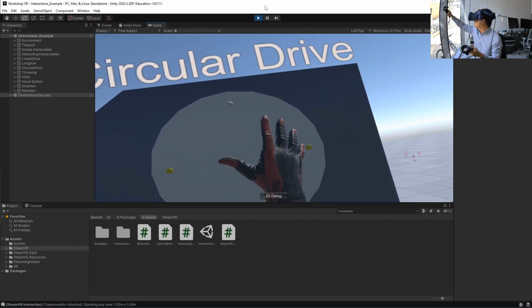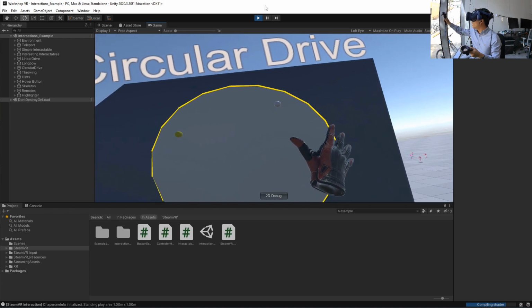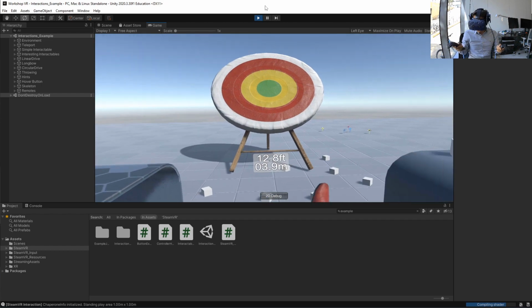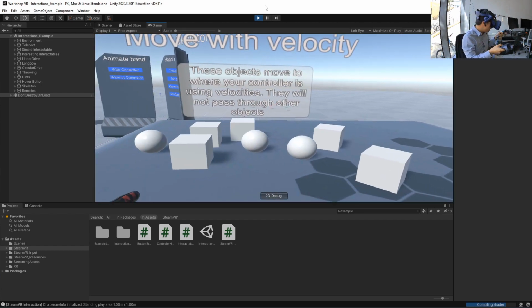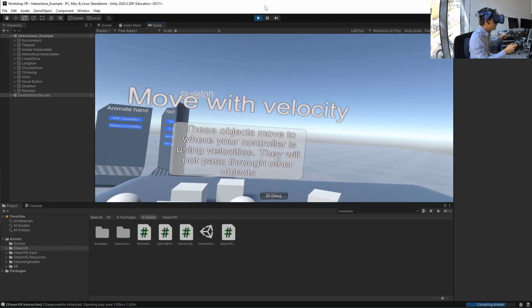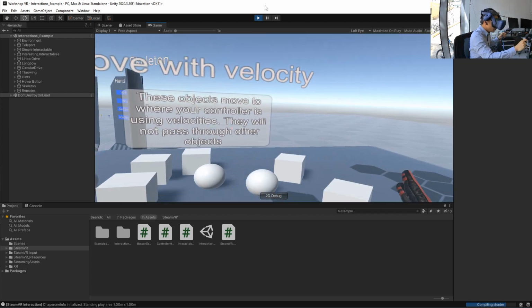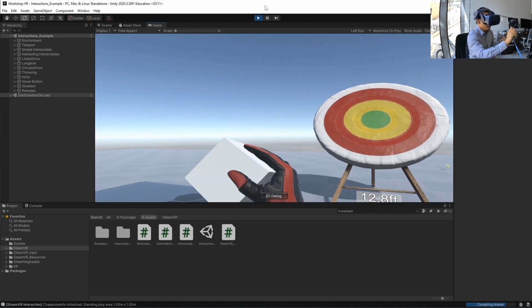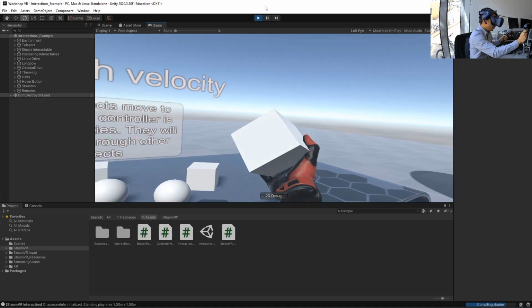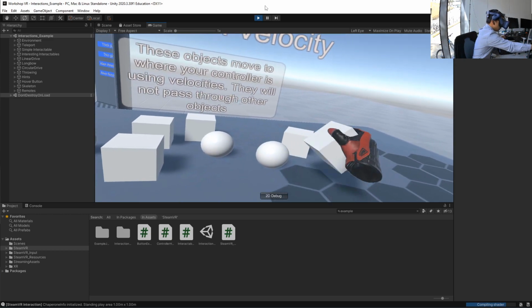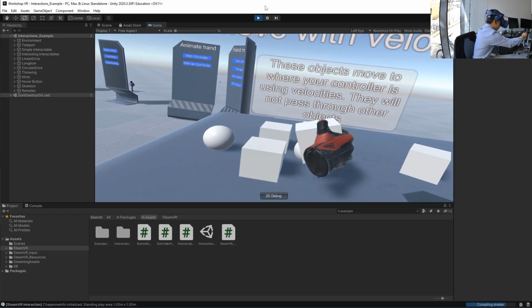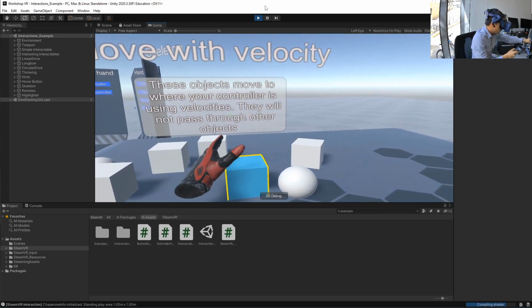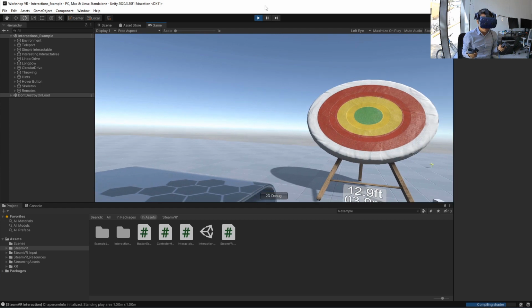game objects here. So for example, I can grab and rotate that object there, and I can go to this area here with the tables and the different objects that, if you read the description, you should be able to grab and hold, move around, and drop. These objects, as you can see, can interact with each other and with the virtual world. Okay. So what we want to do is the same thing with